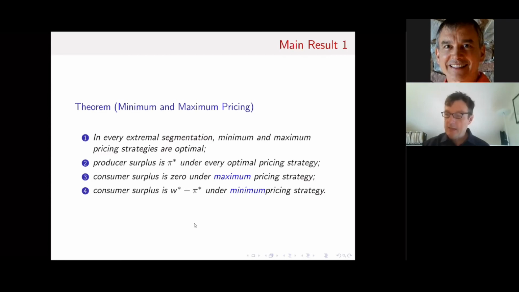This is the first main result, and I'm going to restrict attention to this main result. Okay, why? I want you to think about the result slightly differently. Namely, I want you to think about this result as telling us something about how impactful and how important information can be.